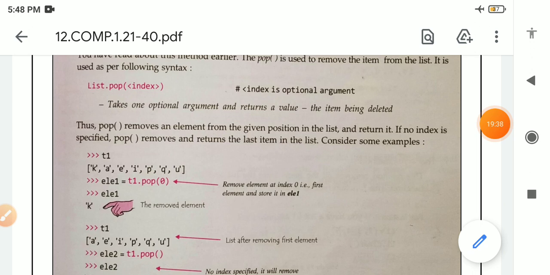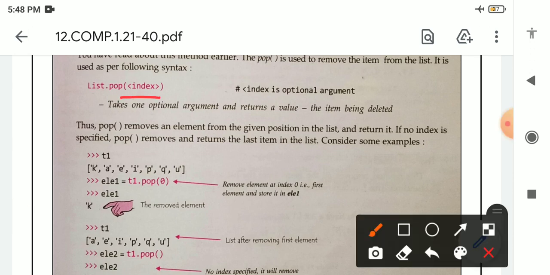If the index number is not given, then it will remove the last element from the list. That is why the index is optional. If we write an index number, then it will remove the element present at that index. But if we are not providing the index number, then it will remove the last element from the list.